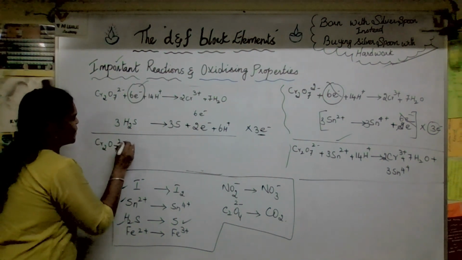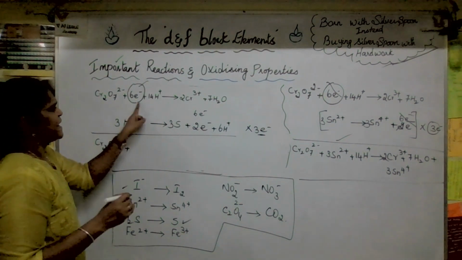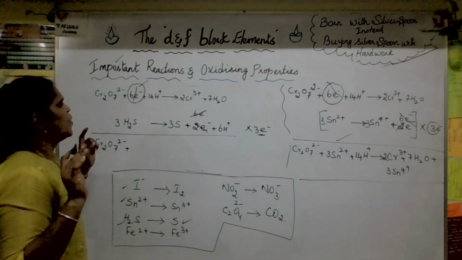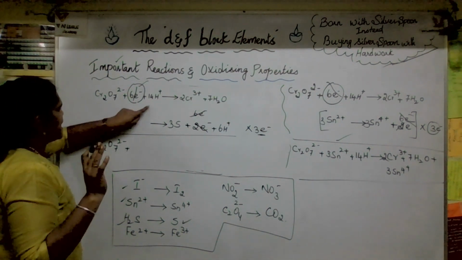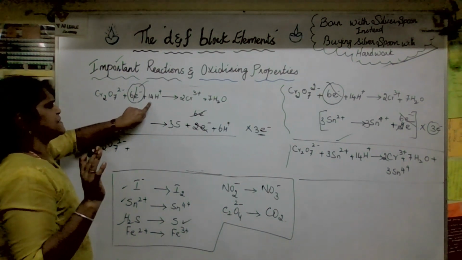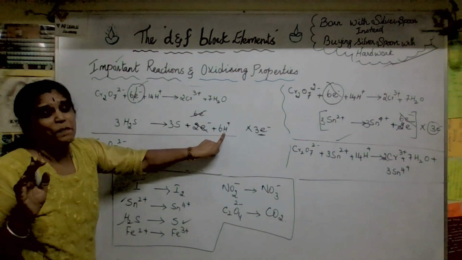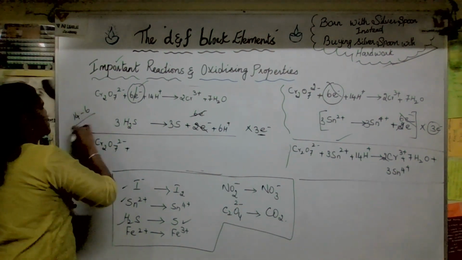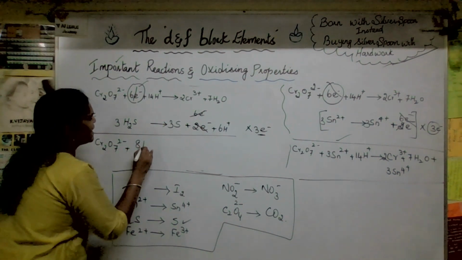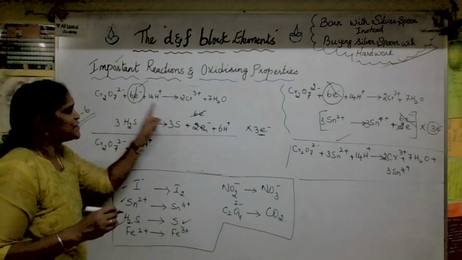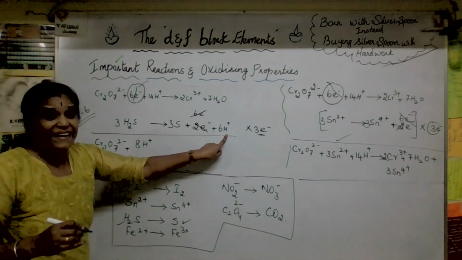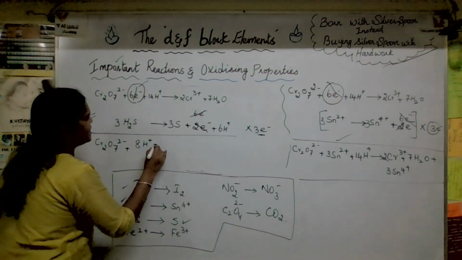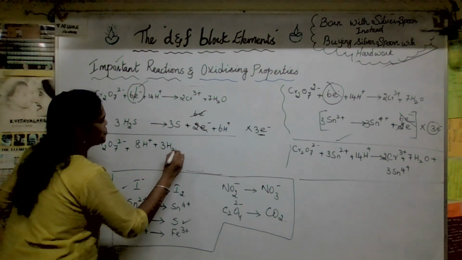Cr2O7 2 minus plus the 6 electrons, 6 electrons cancel. Now here 14 H plus is there, here 6 H plus is there. Now 14 minus 6, how much? 8 H plus ions. Please note that point. In that way you have to do. So 8 H plus and 3 H2S